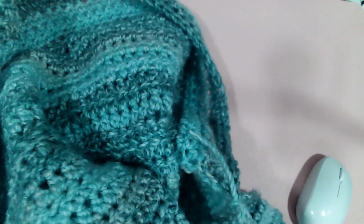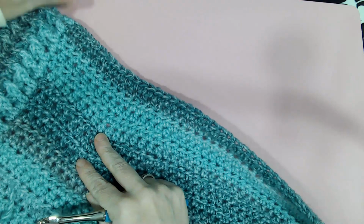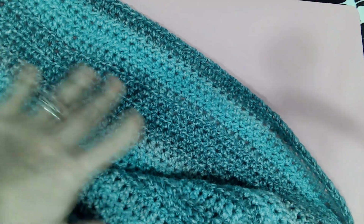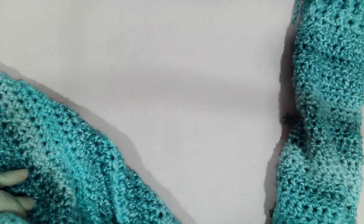Okay, where are we? Now, when we do the inside trim, I always start the inside trim on any of the trim on the inside of the double crochet all the way around. I do it on the inside of the sweater. Now, it's the same as the cuff, the same as this trim on the bottom of the sweater, and the same as the trim of the sleeve. That's what we're doing all the way around,